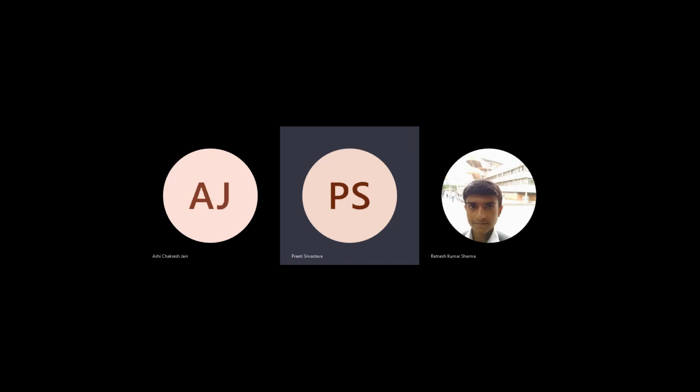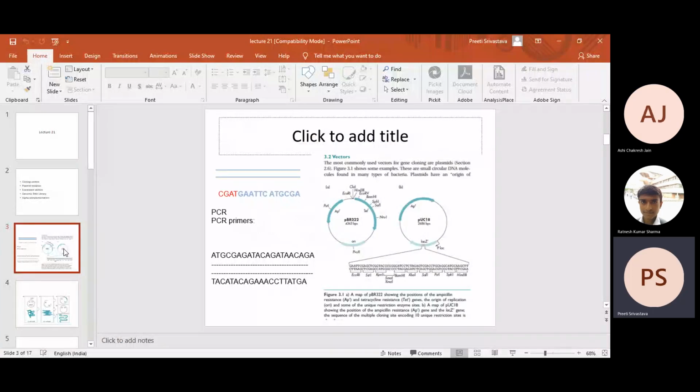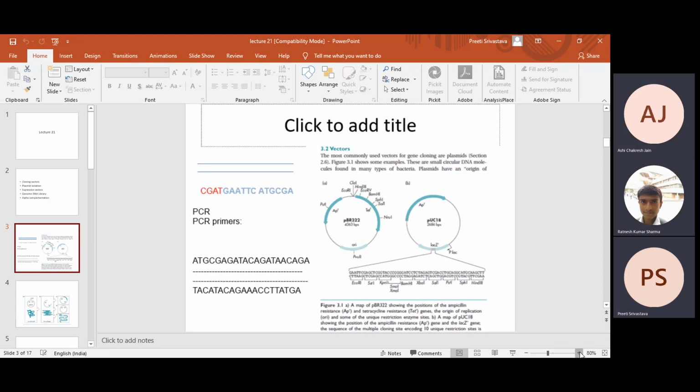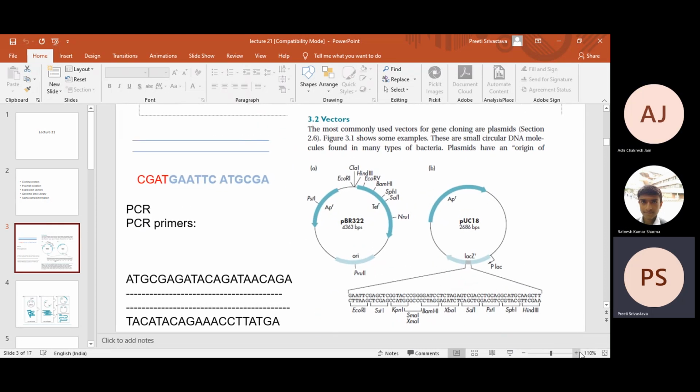So we were discussing cloning vectors, and I showed you the example of two cloning vectors, if you remember, pBR322 and pUC18 or 19. You remember that? Yes, ma'am. Right. So then we discussed that if we digest the plasmid pBR322 with EcoRI, if you remember, and